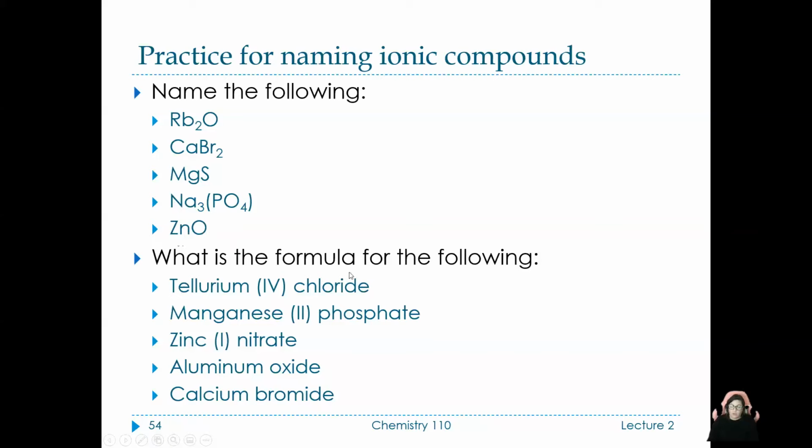Now, what is the formula for the following? Tellurium(IV) chloride. Well, it's Te for tellurium. We know its charge is 4+. Chloride. So I need TeCl4. All right. Manganese(II) phosphate. Manganese is Mn. I know that the charge on that is 2+. The phosphate is PO4 3-. And so Mn,